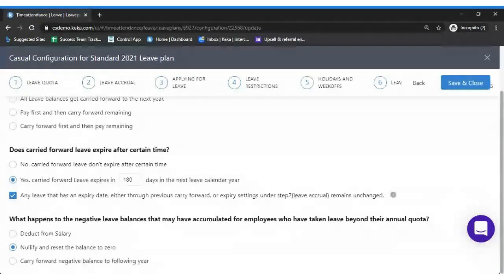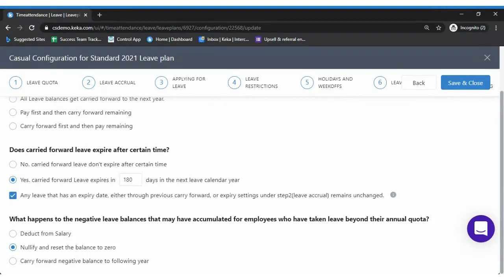We also have an option for awarding leaves. To make a differentiation between the two, you need to enable this option. Awarding leave will also have an expiry date, and carry forward will also have an expiry date.